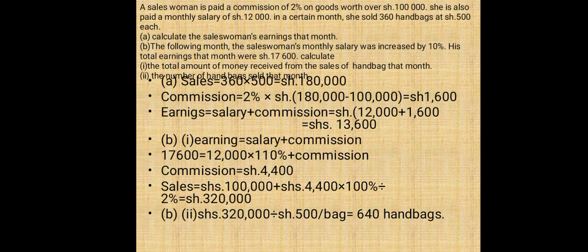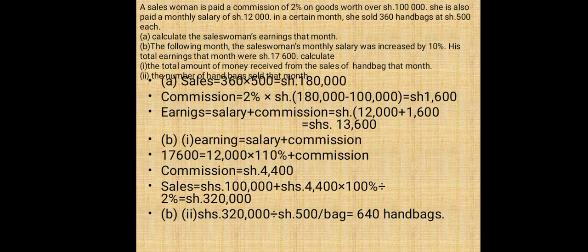So the salary initially was 12,000. So get 110% of 12,000, then subtract it from 17,600. The remaining amount will be the commission. So commission is